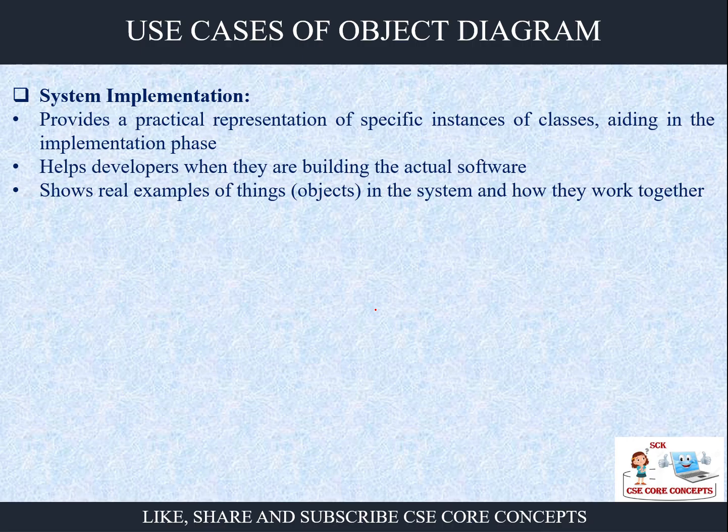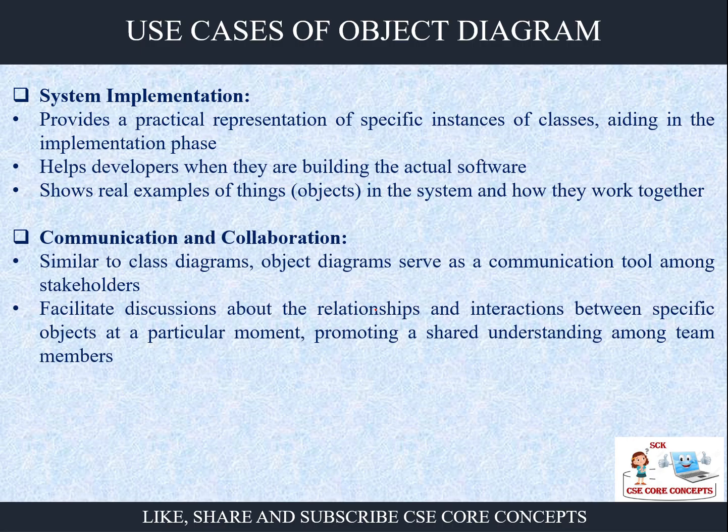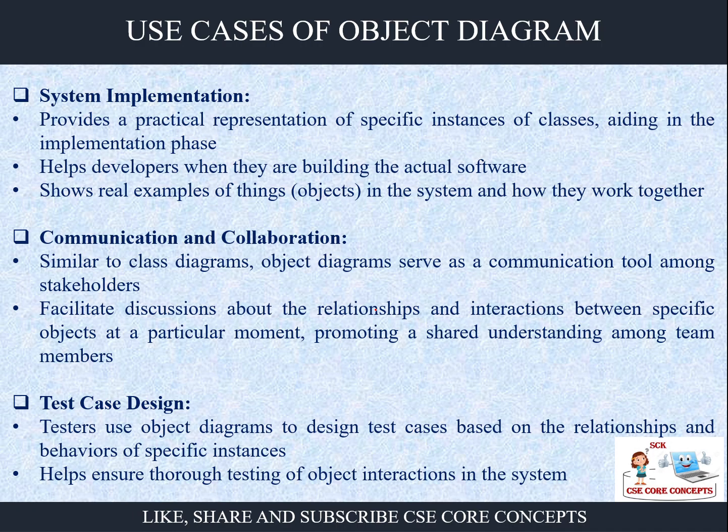Whenever you are demonstrating or showing the object diagram, you have to give the real values, just to show an instance of what type of values this variable or attribute will contain. So you have to show real examples. Communication: if you want to have discussion and interaction, what values can it contain, what it may not contain. Test case design, very important. When you are testing your system, you cannot test it using dummy ABC values. You have to give good real values. So what values can your system contain?